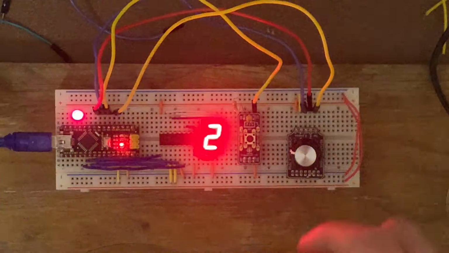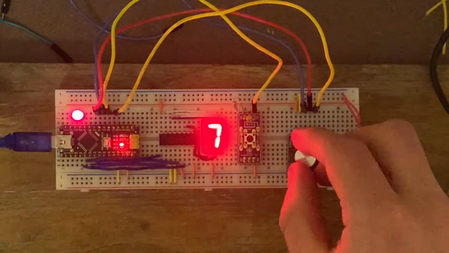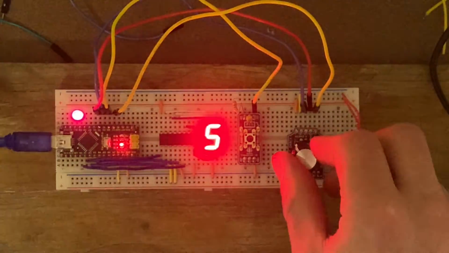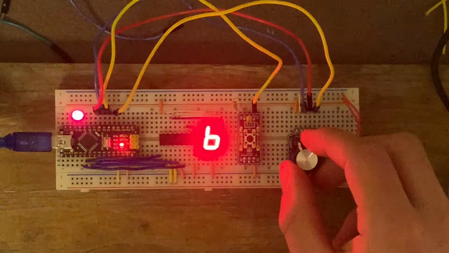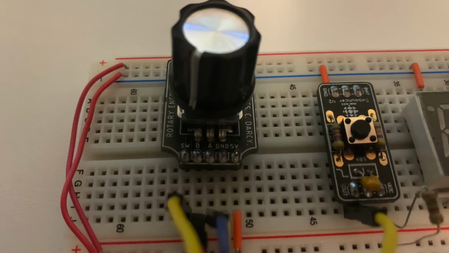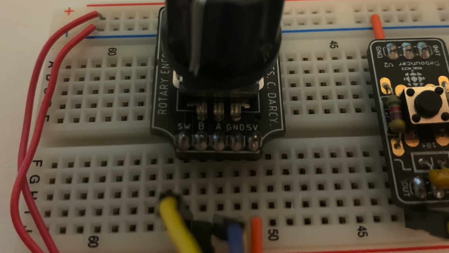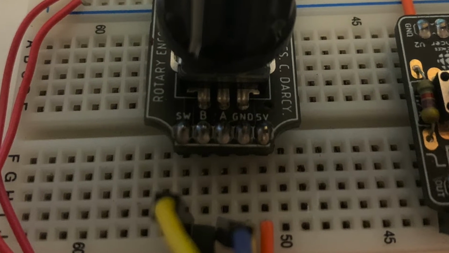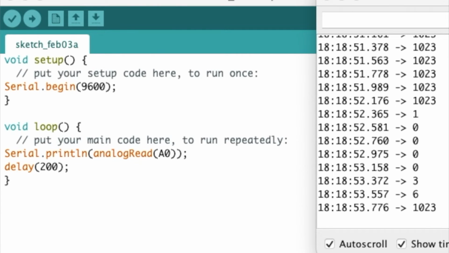To truly understand the software within this project, an understanding of the rotary encoder must be obtained, as it is pretty specific but a relevant component within not only this project but projects in general. Rotary encoders have 5 output pins, ground and 5 volts being self-explanatory, and 3 output pins, SW, A, and B. Firstly, the SW pin is a switch, and when the rotary encoder is pressed, a low signal is outputted through